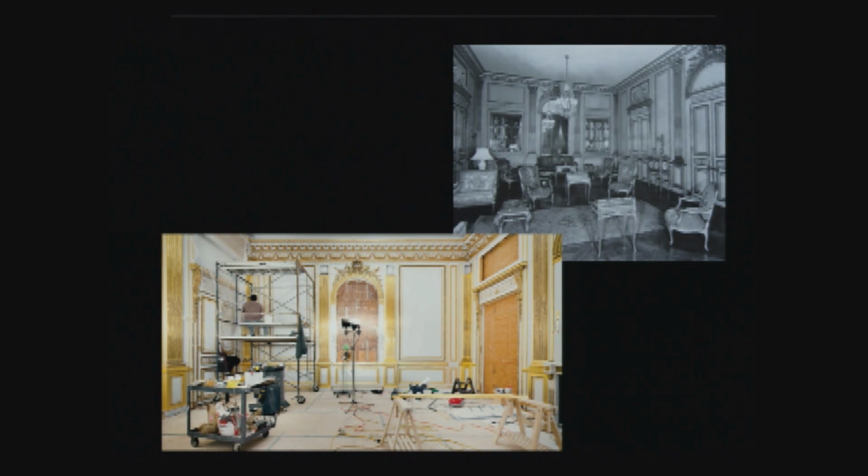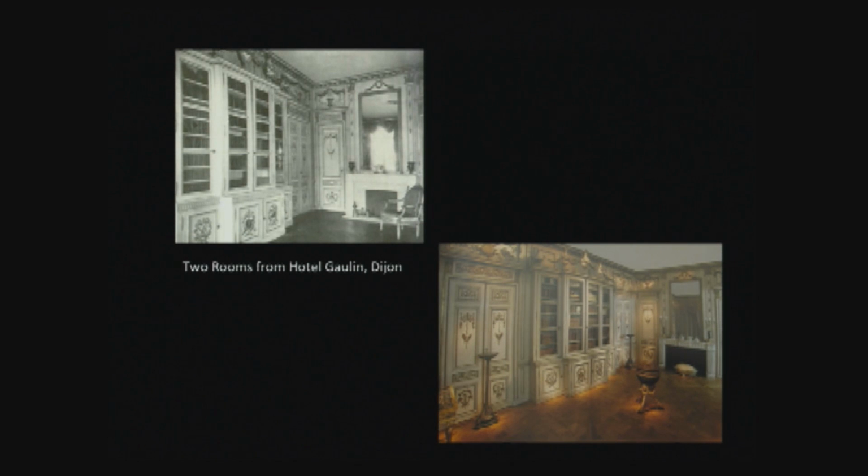ongoing work here. What is interesting for me to kind of end my presentation is the fact that San Francisco has always been interested in these kind of rooms, and there's a number of rooms which were shown. Some of them have been deaccessioned, some have been moving from the East Coast to the West Coast and then back to the East Coast. And so I think this whole issue of the period room is really like a floating one,